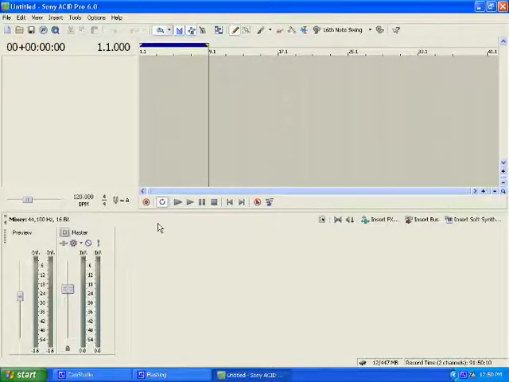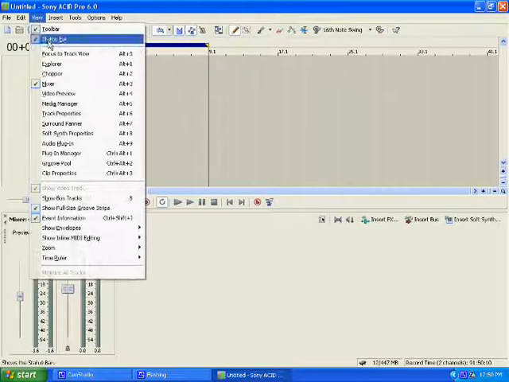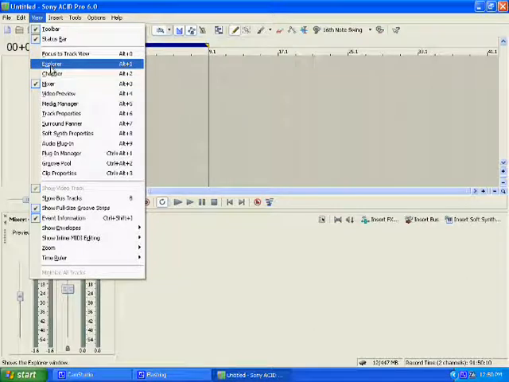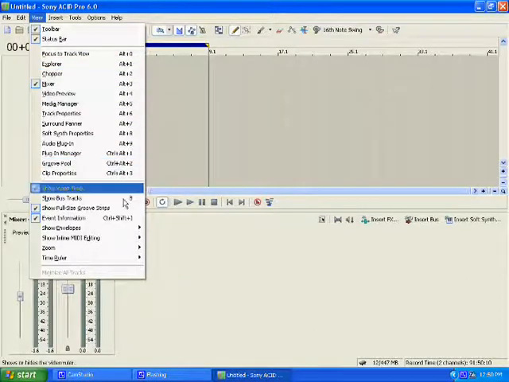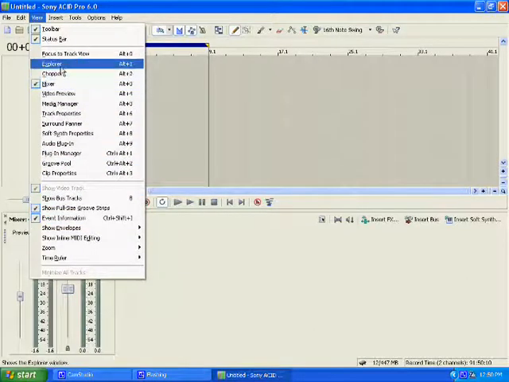Now to start it, go to Explorer. You can go to the top, go to View, come down to your Explorer right there. See how the mixer is lined? It has the mixer down here. Go to Explorer,